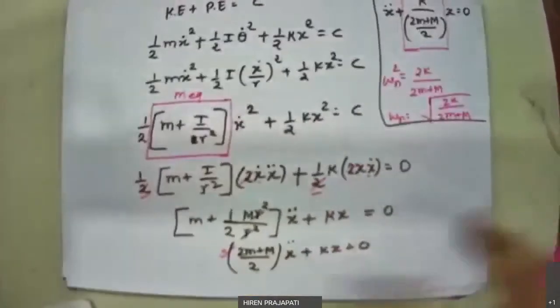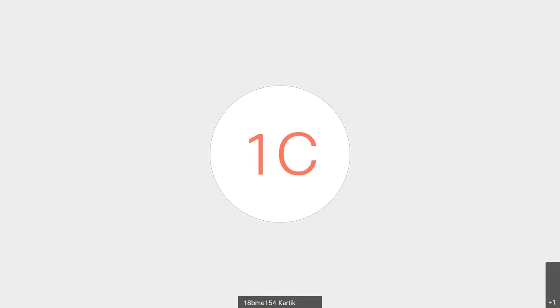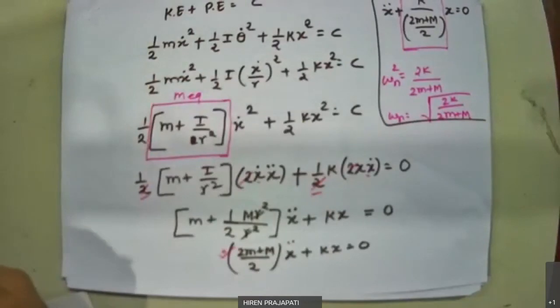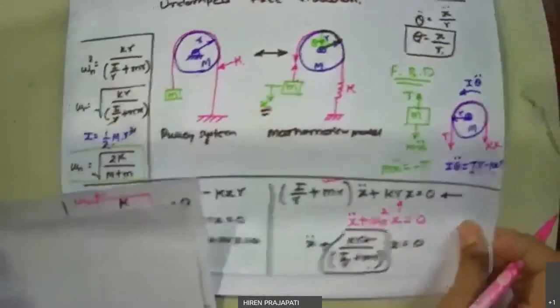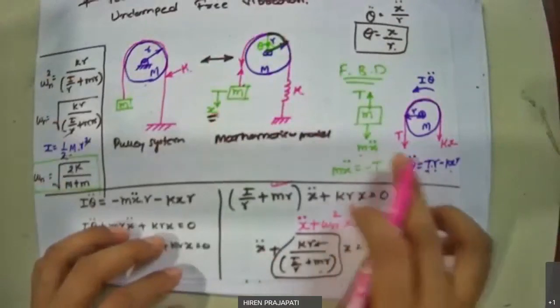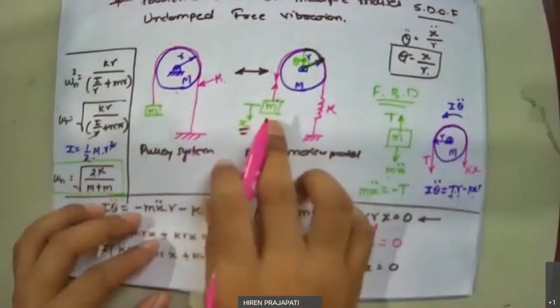Yes, sir. Which way do you prefer now, this energy approach or Newton's approach? Energy approach, sir. Yeah, because it is very easy. We need to just write this in terms of energies only. We need not take care of coordinates and their direction. Because whenever you apply Newton's approach, you need to take more care about the free body diagram, and in the free body diagram, you need to consider directions as well. So it is a little bit tricky to use Newton's approach in this type of system, right?